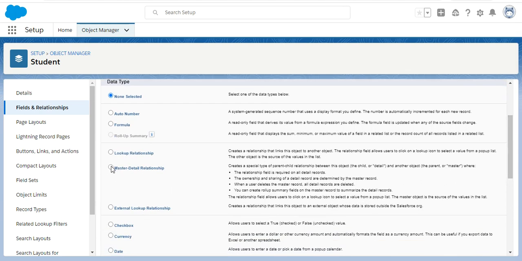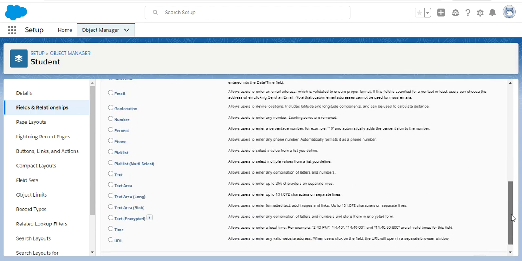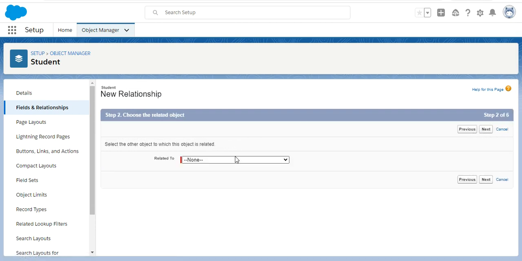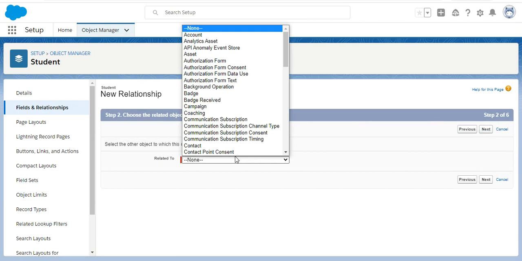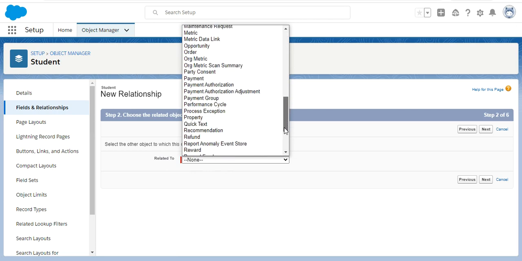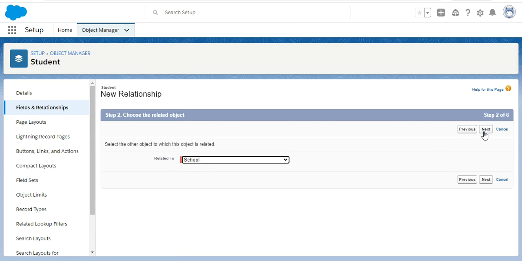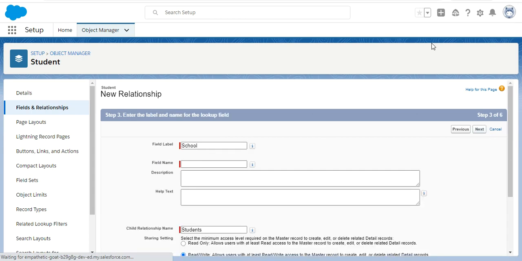For creating the master detail relationship, we have to select master detail relationship and click on Next. And here it's asking about Related To, meaning which object we want to relate this object to. I want to relate it with the school, so I'm searching for the school, and here is the object. I've selected the school and click on Next.